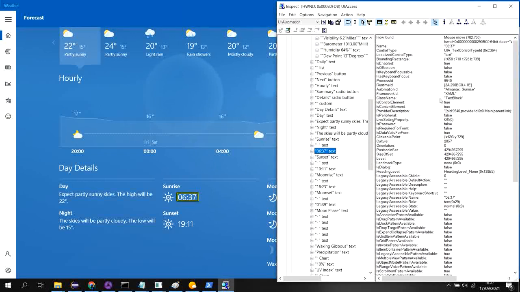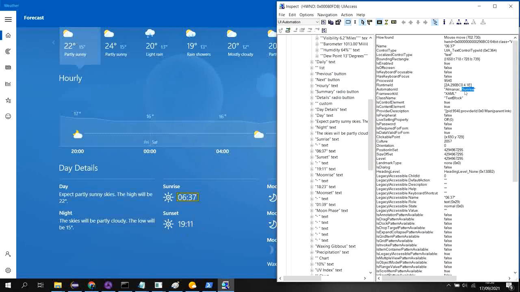If I click on this one, you can see this one is showing here. I have already shown you guys that I am taking this element using the automation ID, because I have to print the sunrise time. I can't take the name, because these values are not constant, these are dynamic values. That's why I need the automation ID to get the element details, and based on that, whatever details are available in the name, I will print all of those things.